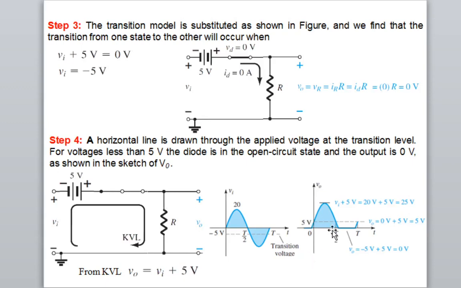Okay, so your output will be moving forward, 5 volt moving forward, so it will move forward a little bit, so it will start before 0 and it will peak, but this 0 time should exactly match with the input signal at this point, and this T half should exactly match with this point. So that is why I wanted to draw the transition level. So this is the transition level.